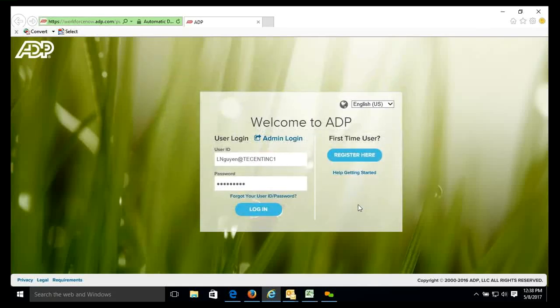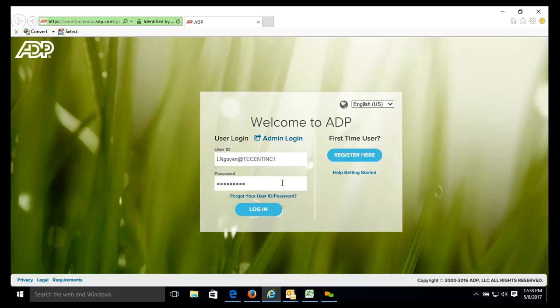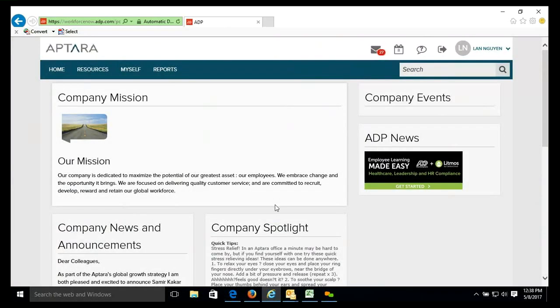Browser, Internet Explorer. Apparently there is one that is the Explorer Edge, and that's not the one. And so when you log in as yourself, if you've never logged in, then you'd have to register. So once you've logged in, then you should see on the top blue navigation bar, you should see 4 items